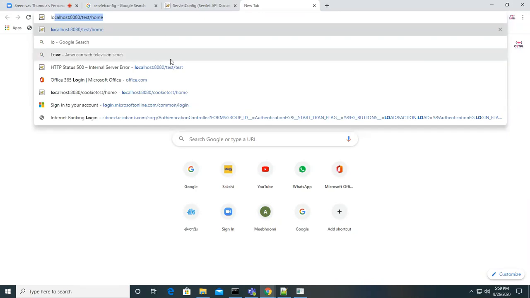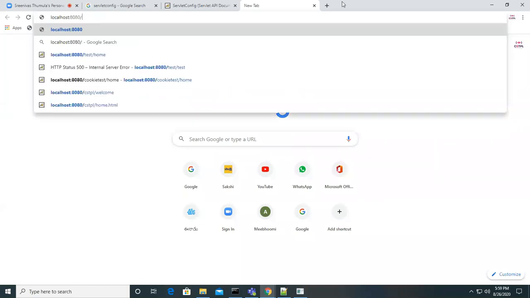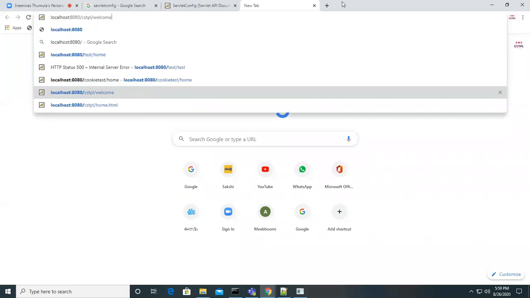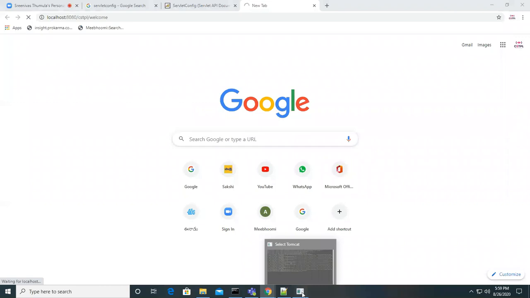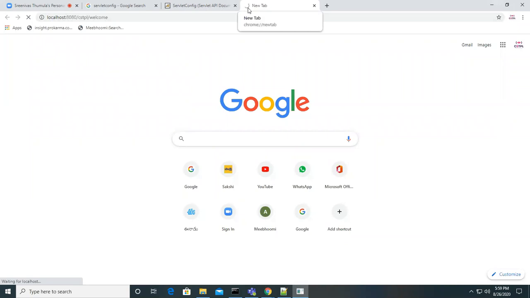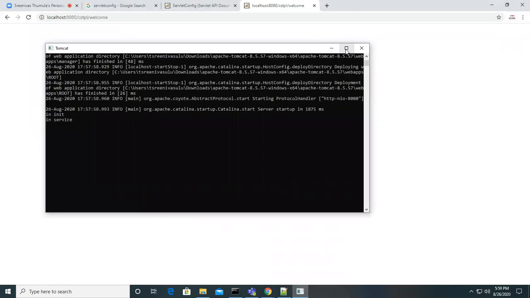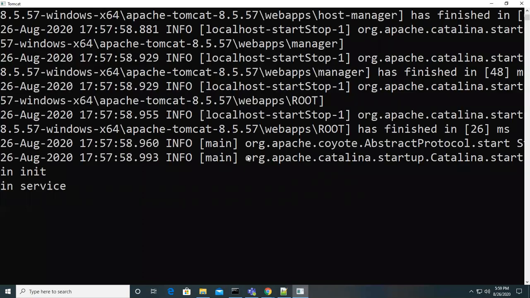Okay, yesterday we were talking about localhost:8080, and so here you have the CSTPS/welcome. So I'm trying to access it, and a request is sent to the server. It is getting processed. You can see the processing. So if you can see here, the server